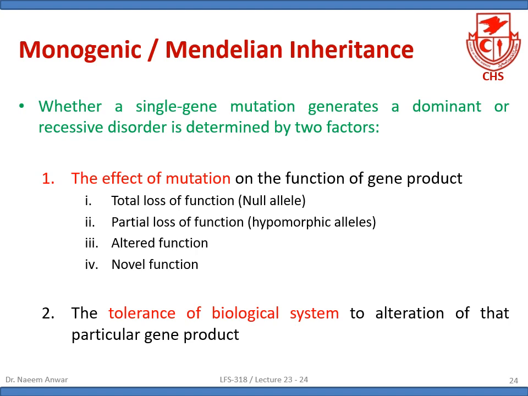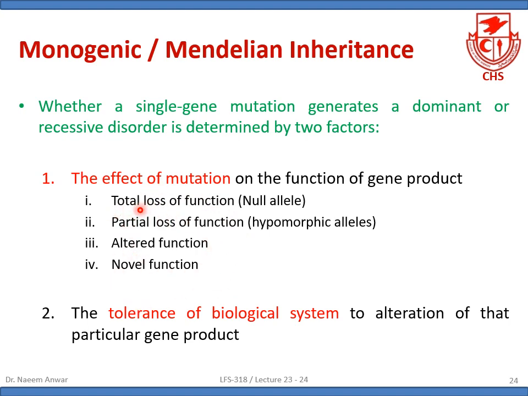So whether it will generate a dominant or recessive disorder depends on, and can be determined by, two factors: the effect of the mutation that we are talking about, and the tolerance of the biological system to that alteration of that particular gene product. So the effect of the mutation on the function of the gene product will mainly result in these four